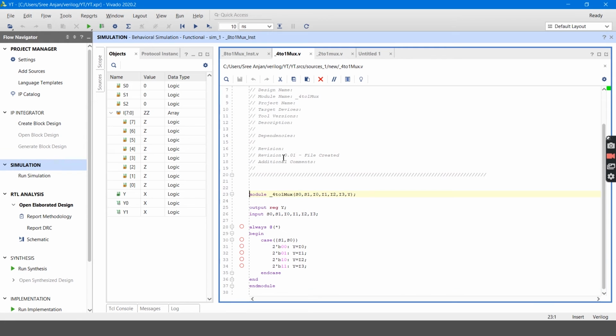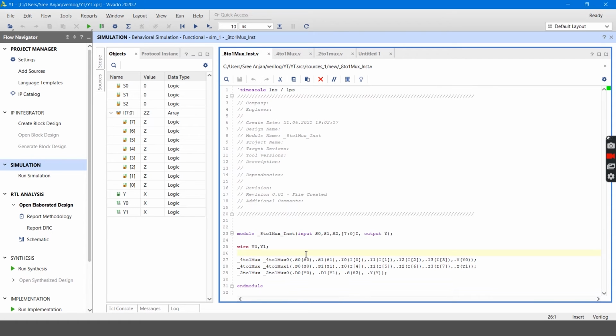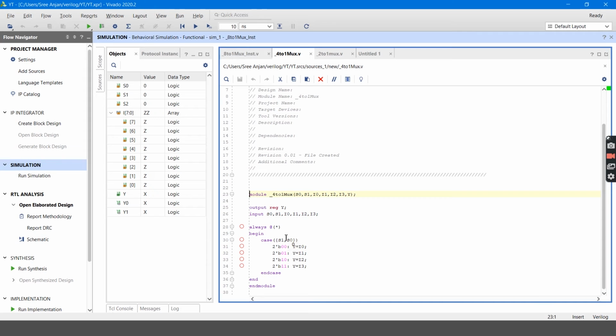Let's check by our code. Here I have taken S1, and for the 4:1 multiplexer I took S0 and S1. In place of S0 and S1 I have taken S0 S1, so no problem. With S0 S1 as 0 0, I will be getting I0,